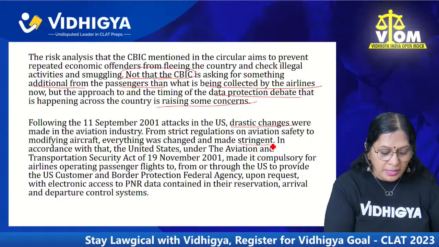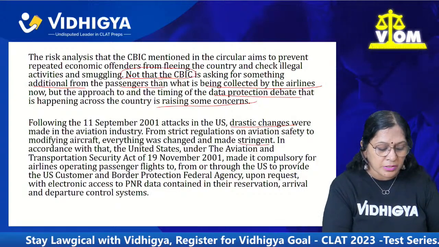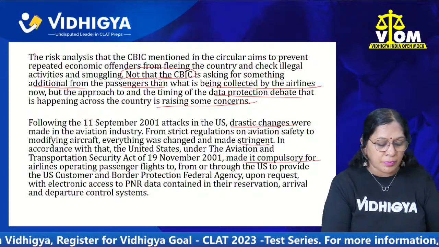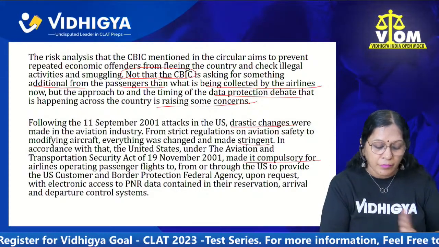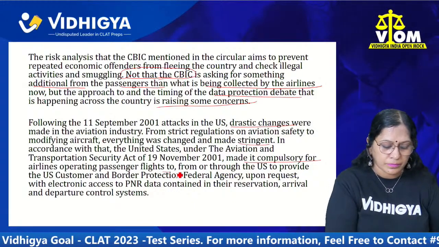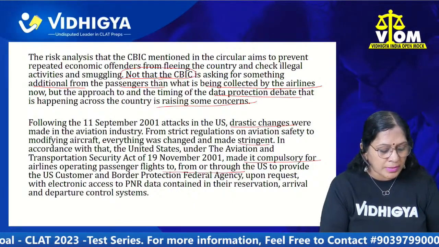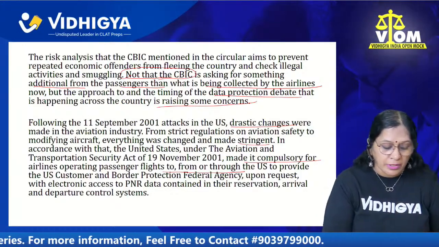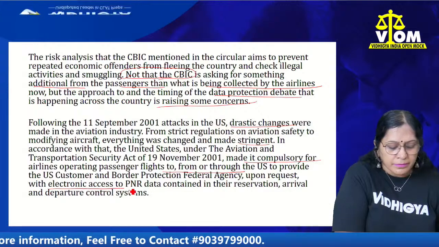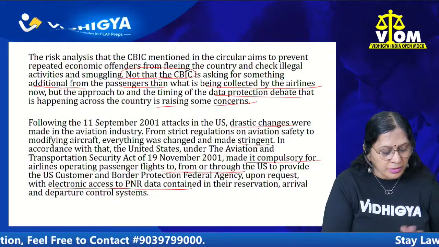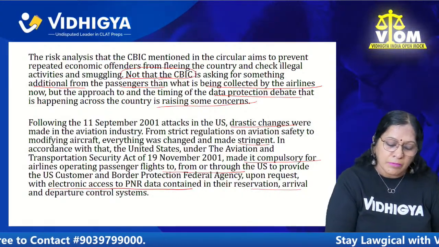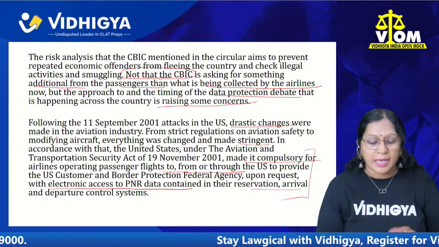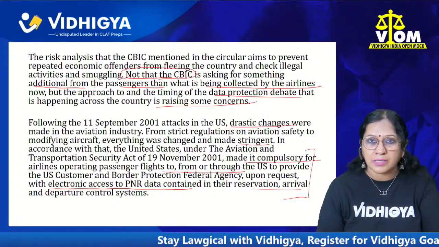In accordance with that, the US, under the Aviation and Transportation Security Act of 19 November 2001, made it compulsory for airlines operating passenger flights to, from, or through the US to provide the US Customs and Border Protection Federal Agency, upon request, with electronic access to PNR data contained in their reservation, arrival, and departure control system. Because this is the bit of information that these people would want, and access to this, electronic access to the PNR data,